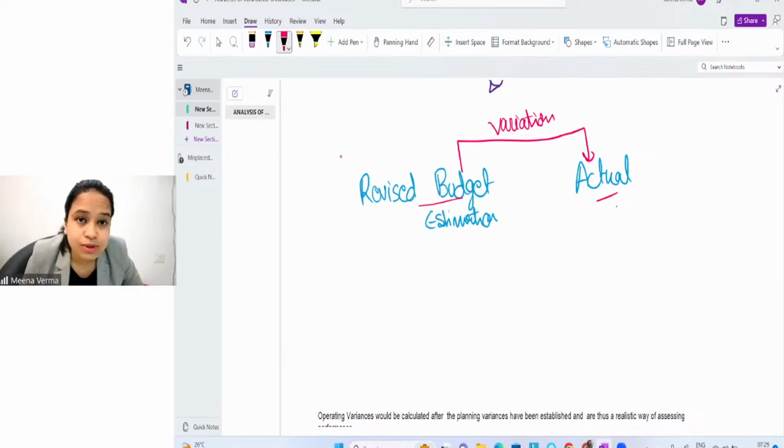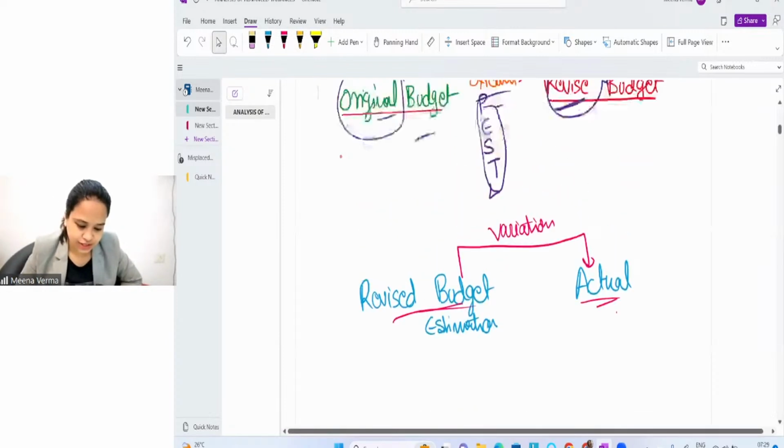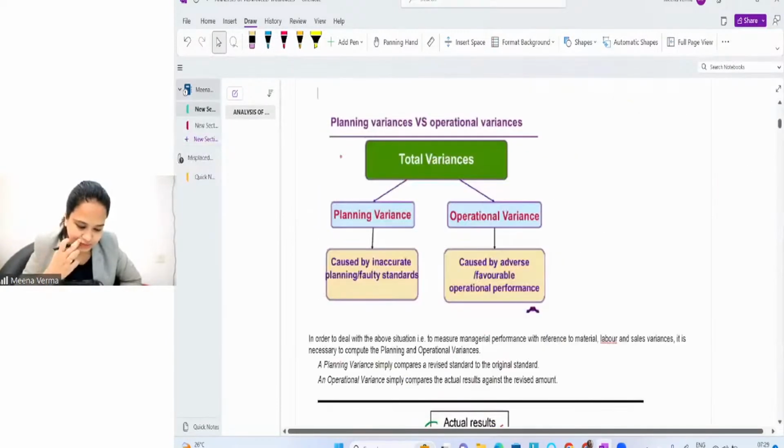Who is responsible? Who is responsible to control these variations? The operational level managers are responsible to control these variations. All right, operational level managers are responsible to control these variations. So this is operational level variations. All right, you can see here we have